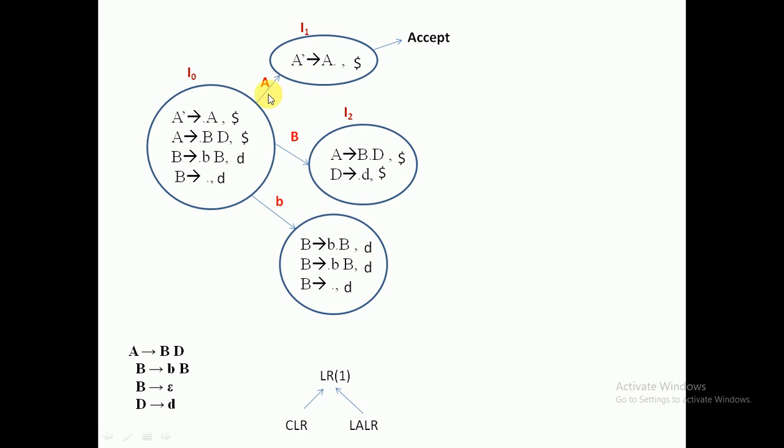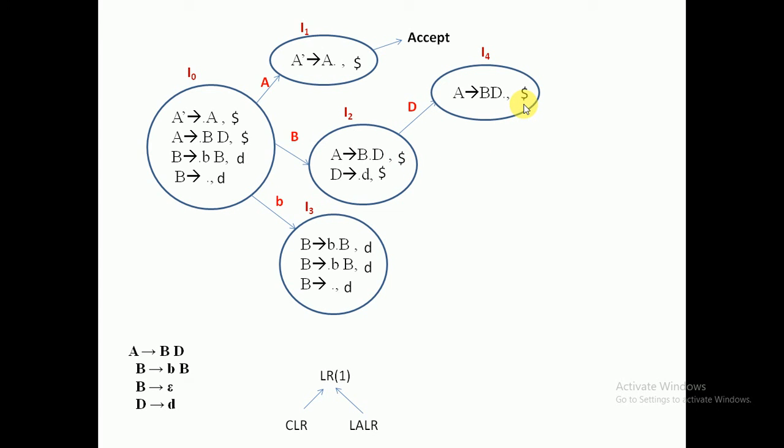Okay, then let us go to I1, already completed. Then go to I2. Now move over capital D. Where will you reach? You will reach at B derives D dot. After this dot, any non-terminal? No non-terminal is there. Then what kind of production can we say it is? It is a reduced production. Whenever the dot reaches the end of the production, it is called a reduced production. And what is the lookahead of this production? Dollar as well you have to keep.